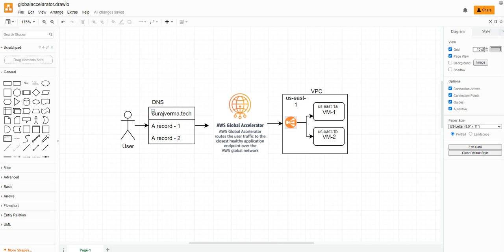And then we are seeing AWS Global Accelerator. It is an AWS service that we'll be using in this video. And then you are seeing the VPC. This VPC is a virtual private network in my AWS cloud where I'm using two VMs, and both the VMs are in different availability zones, right? This is in US East 1A and 1B. And in front of these VMs, I have one ALB, which is pointing to both the VMs. So the current flow diagram is showing the flow of a request from the user to my endpoint. The endpoint is the ALB here, which will be distributing the traffic across both the VMs as per the need.